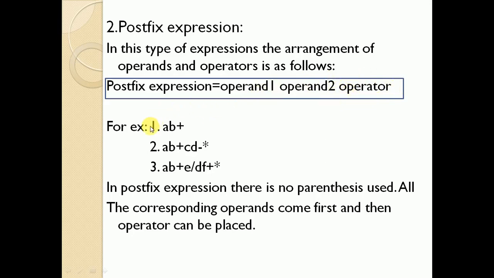In the example A B plus, operand 1 is A, operand 2 is B, and then the operator. Always first take all the operands and then the operators. Then A B plus, then C as operand and then the operator. Here also A B plus E slash D F plus and then star. In the postfix expression, no parentheses are used.